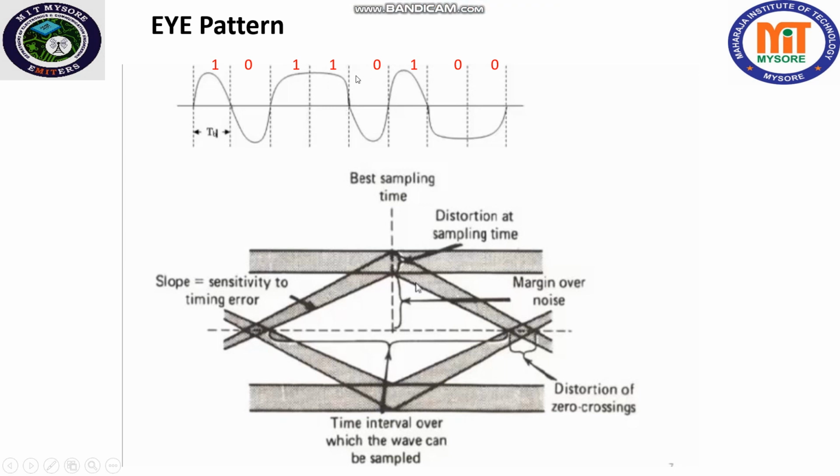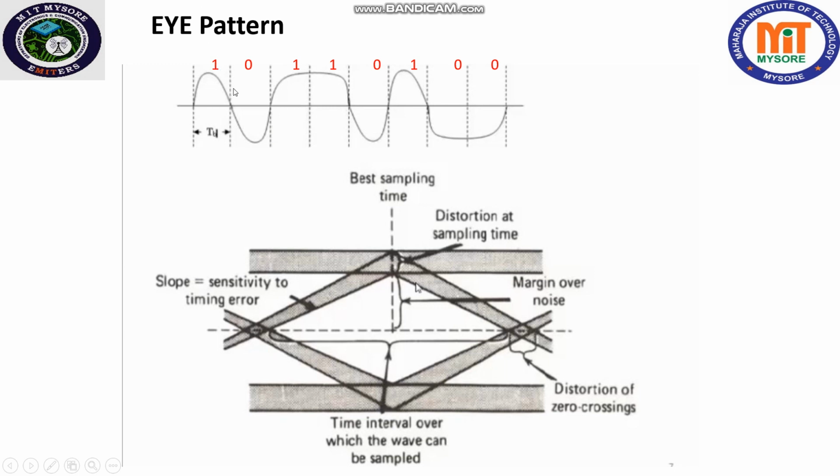To understand eye pattern, let us consider a received sequence. The sequence was 10110100, but as you can see, this looks as if it is a sine wave, but it should have been a digital bit stream. Okay, 1 for the complete interval of TB and then 0 for the complete interval, but it is varying because of the dispersion.